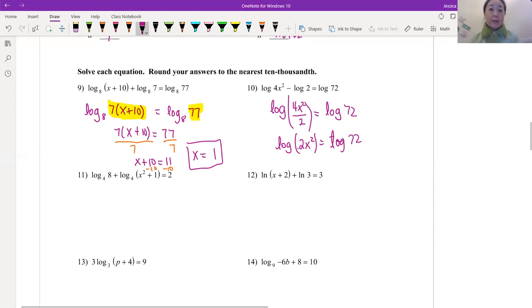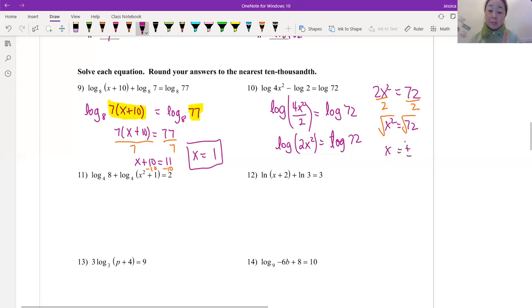Now I'm just going to drop the logs because I have logs on both sides. The arguments have to equal each other. So I have 2x squared is equal to 72. Now it's just algebra stuff. Let's just solve for x. We're going to divide by 2 on both sides, and then we get x squared is equal to 72. How do we get rid of that square? Got to square root it, right? So x is equal to